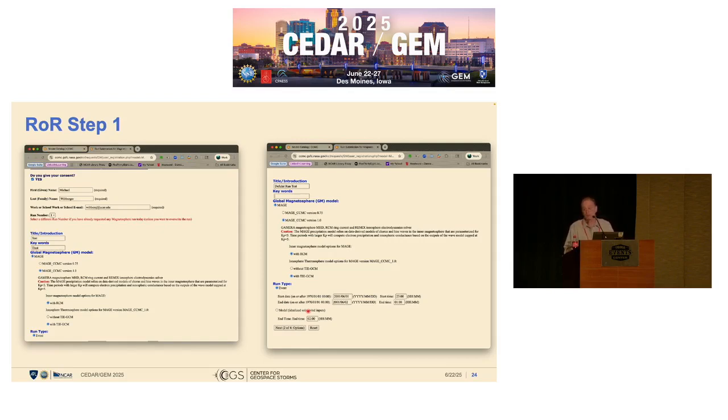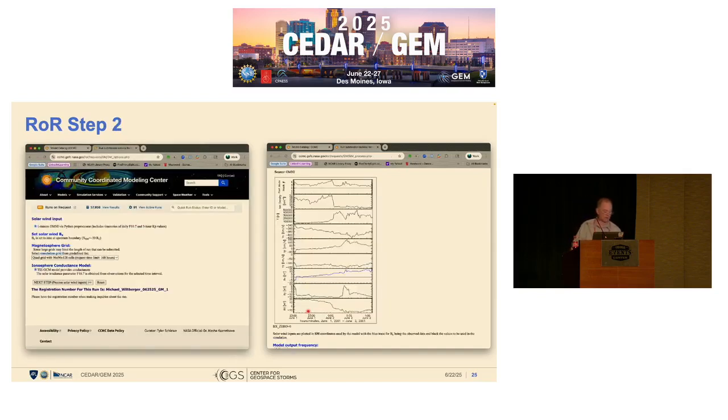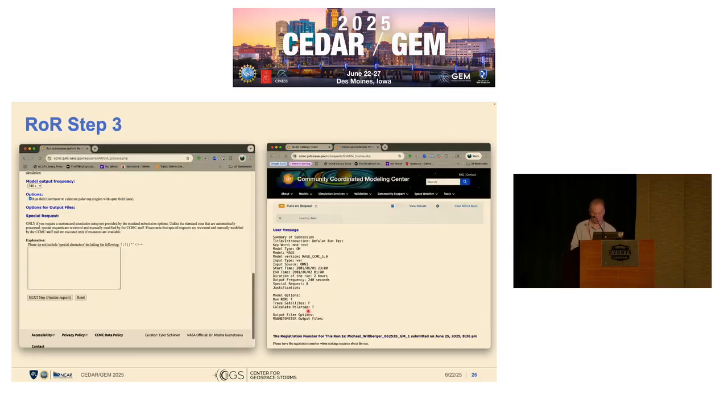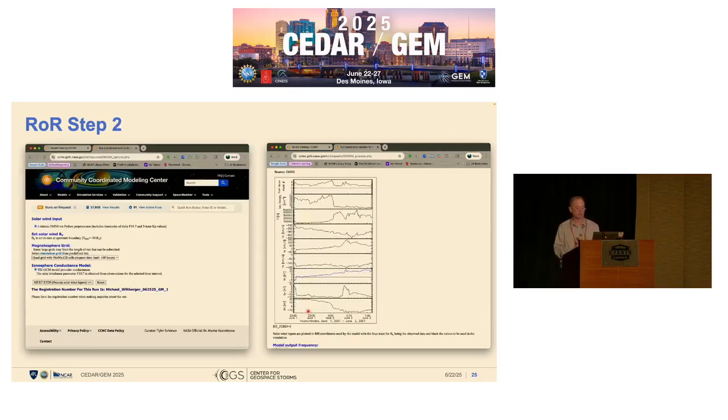Pick your birthday. Pick your favorite day here if you're following along that you want to do a simple little test run. You can select the next button, proceed to the next step in the process. That will ask you a couple of additional questions about the solar wind input process, and eventually, once you go through that process, it'll go to a page where you can see the output of the solar wind conditions that are going to be used to do that run for the system there. Once you've got your solar wind and that solar wind file looks good, and here again